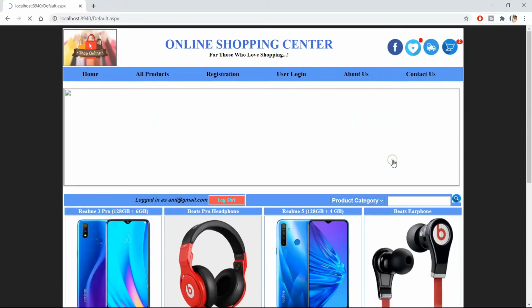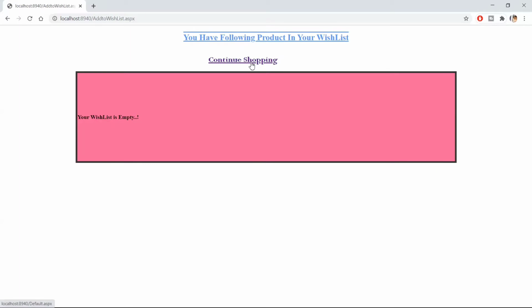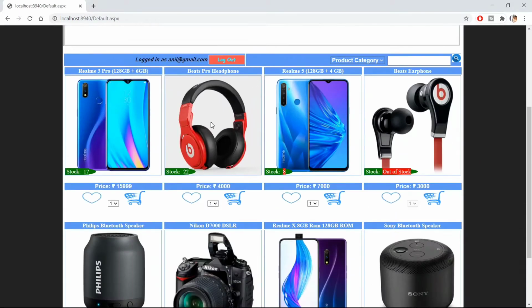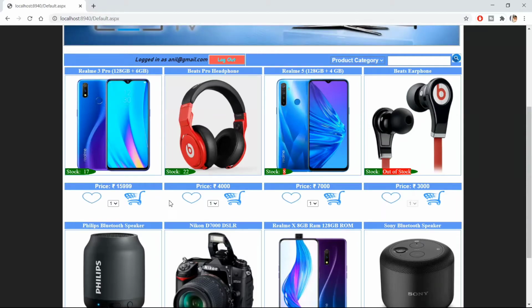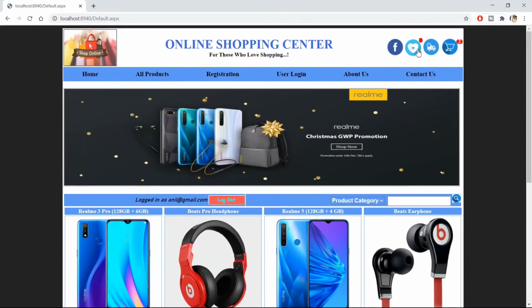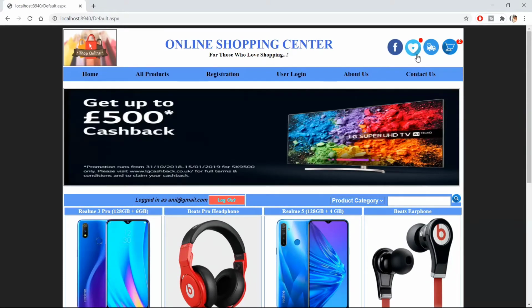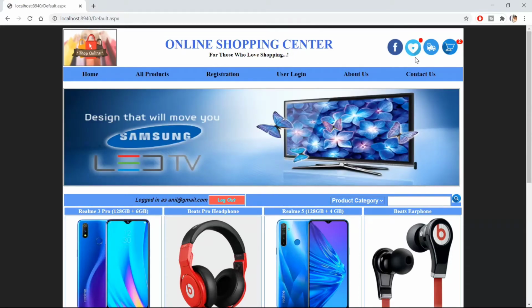If we add it again, go here, and click clear wishlist, then all the products that have been added to our wishlist are removed, because in the clear wishlist functionality I've written the code to delete all the products from the wishlist details table based on the email ID.